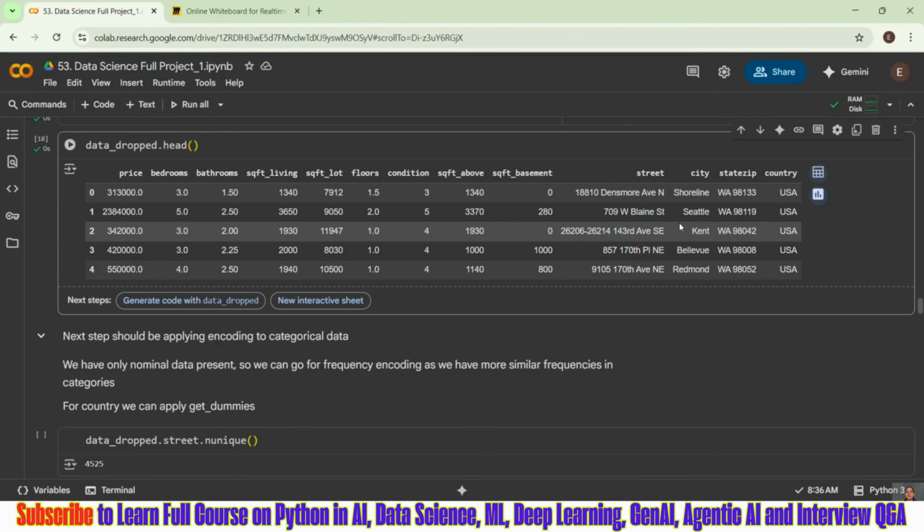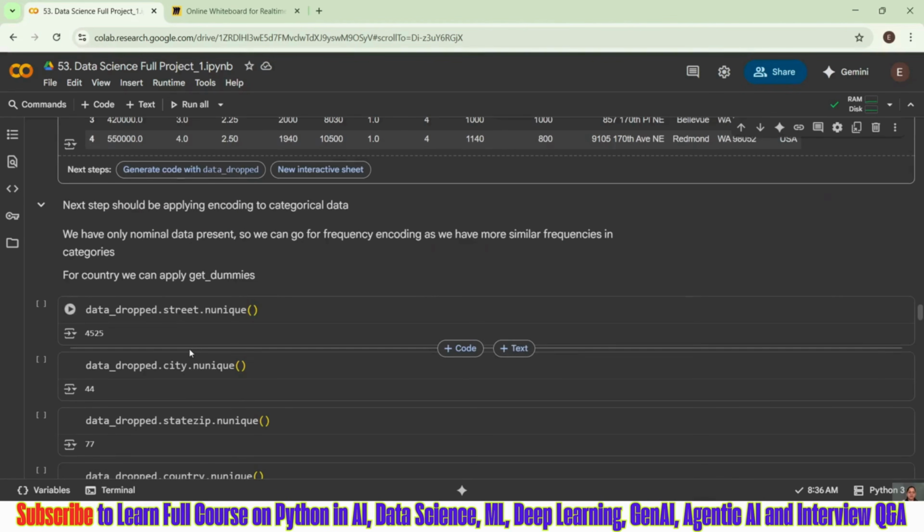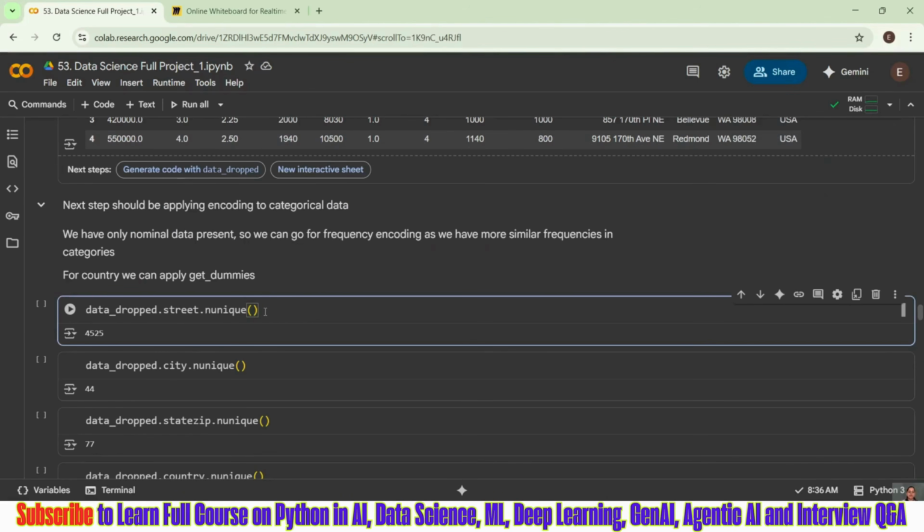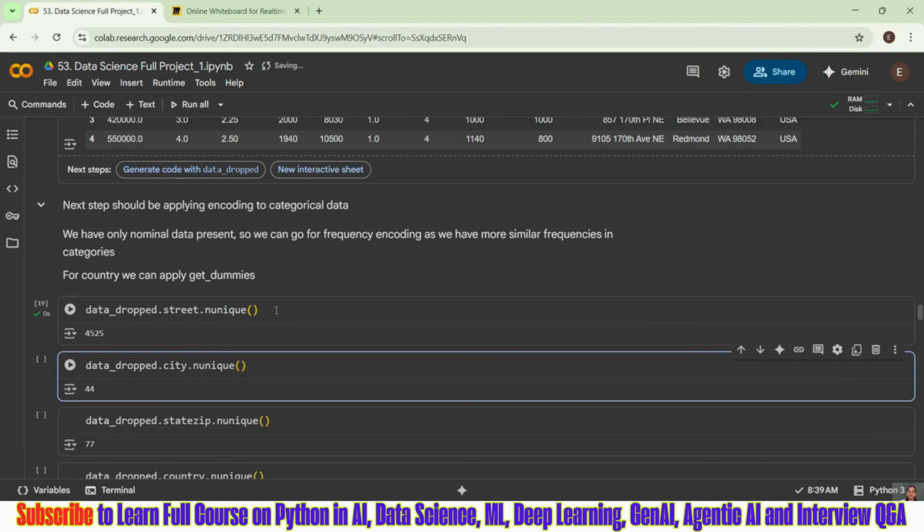However, these are heavy nominal data, meaning a heavy quantity of data is present, or the frequency is high for each and every value. I have taken each unique value and I am taking the count of it. Just see how heavy it is. I've taken data drop, and the first one I'm taking is street and counting the unique values, and I'm seeing that 4525 unique values are there.